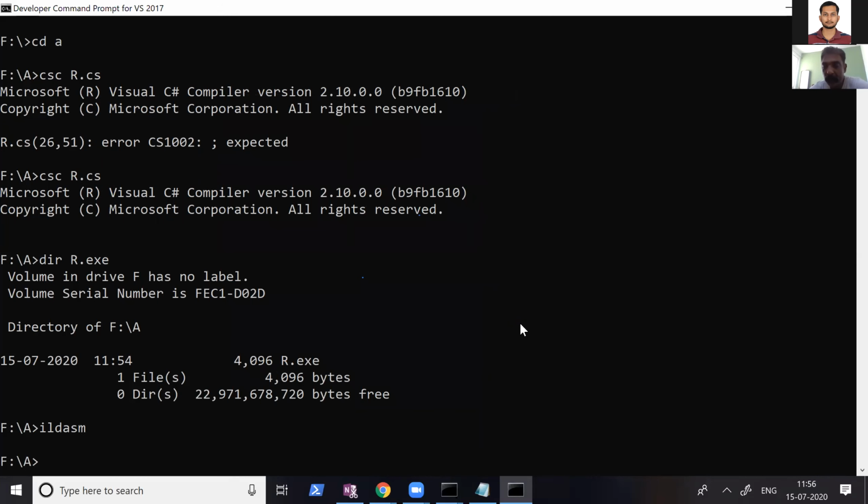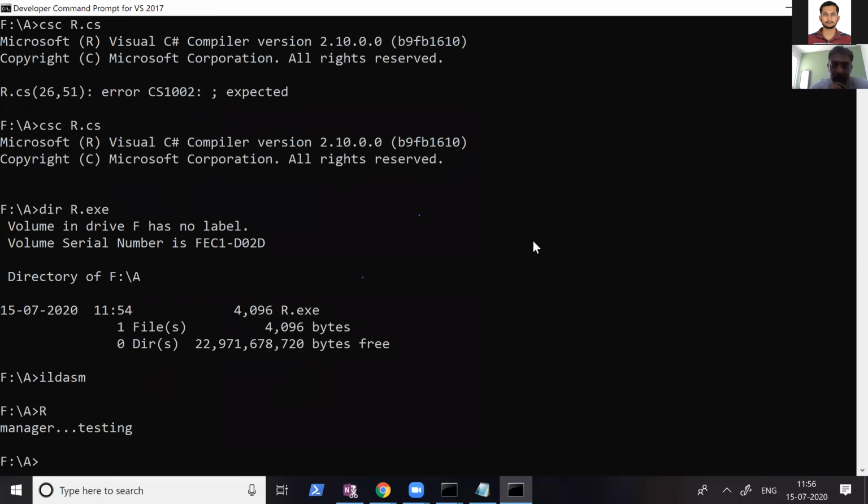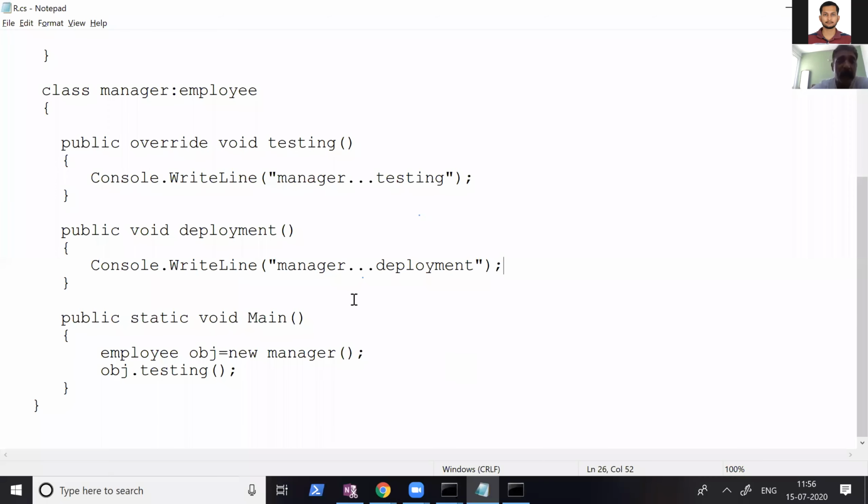So your father has called someone. For me there is no return type, but to the father there is a return type. So run the program. I'm getting manager of testing, because I have overridden this method. And if I don't override,